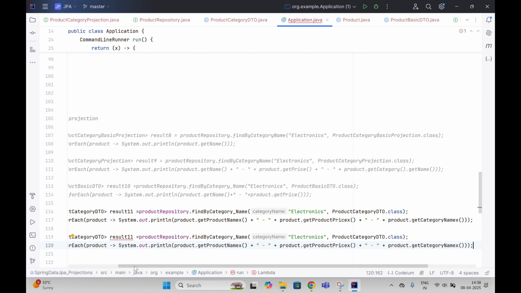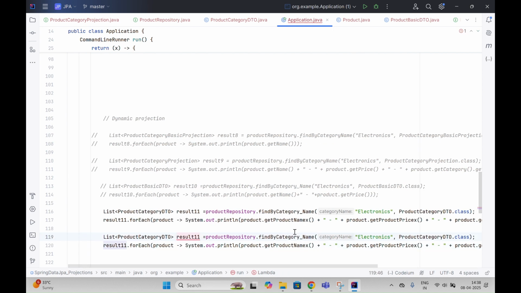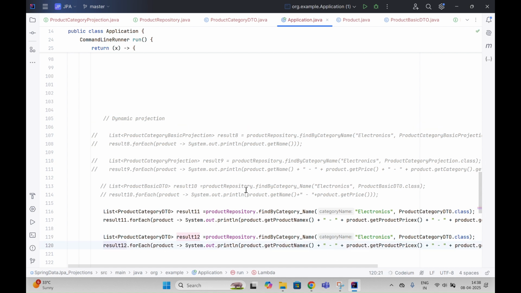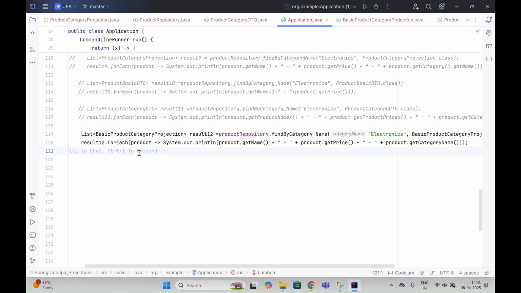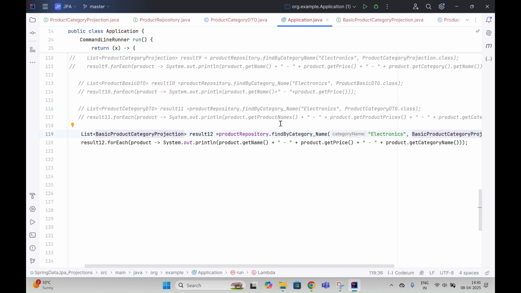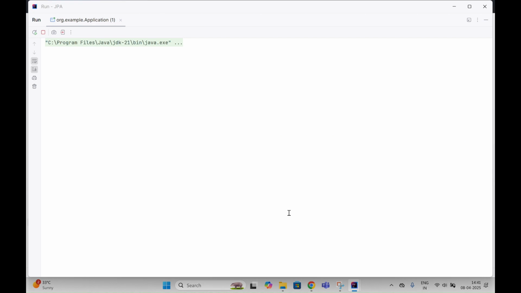Now try to fetch using the interface. Let's run this one. I will use an interface based projection. If you see here, this is an interface. So I will use this one having the same query. So far I have used, right? This is a derived query. I will use the same query. I will run it and it will work,